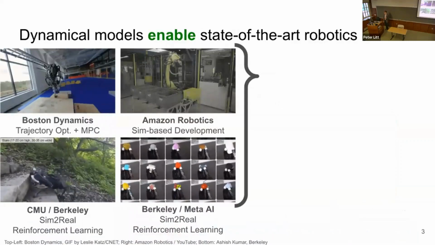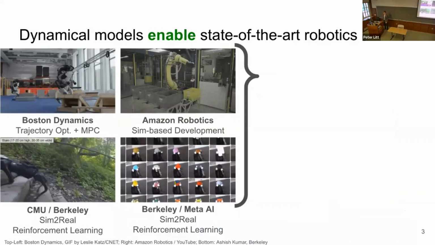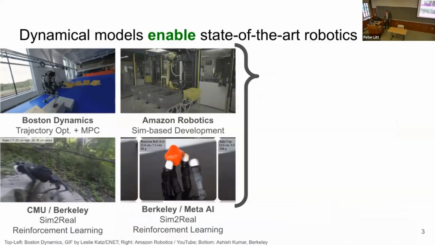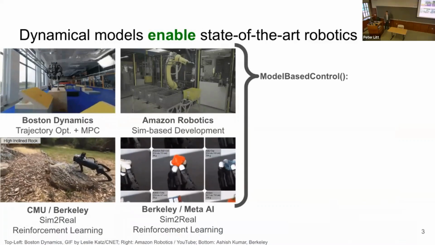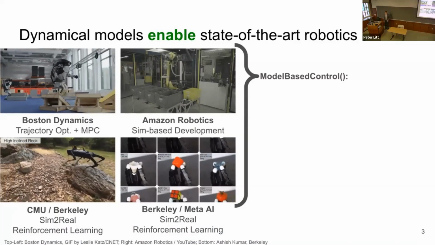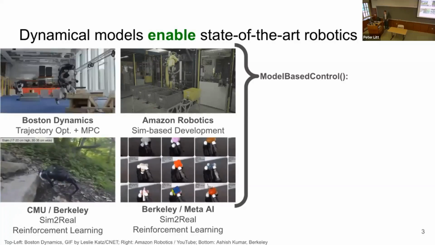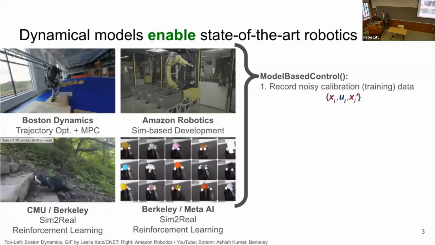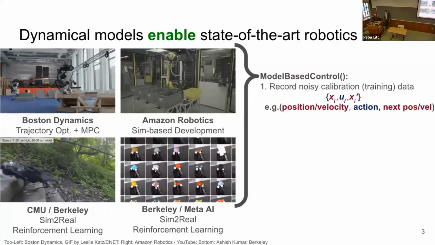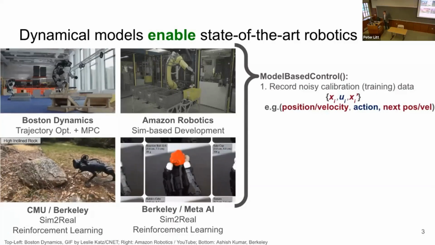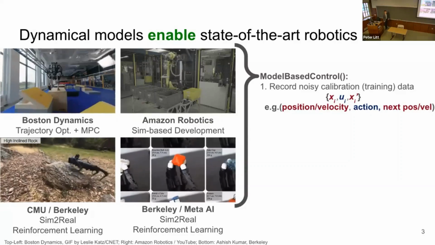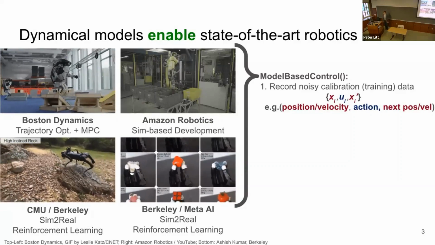So to this end, we're going to focus on a key design pattern that many of the most famous recent successes in both industry and academia share, which I'm going to call model-based control. And despite differences in the details, this paradigm usually follows the same 3 basic steps. First, you run your robot and collect some observations about its behavior, typically in the form of state, action, next state data points.